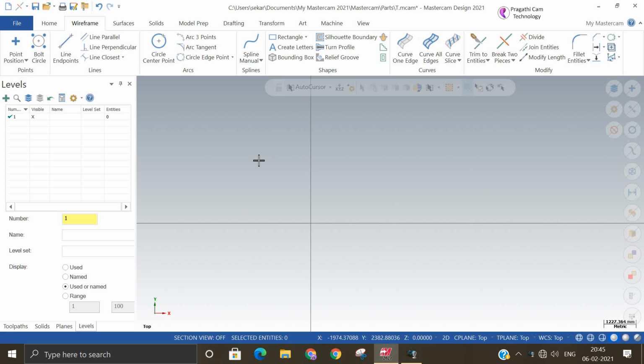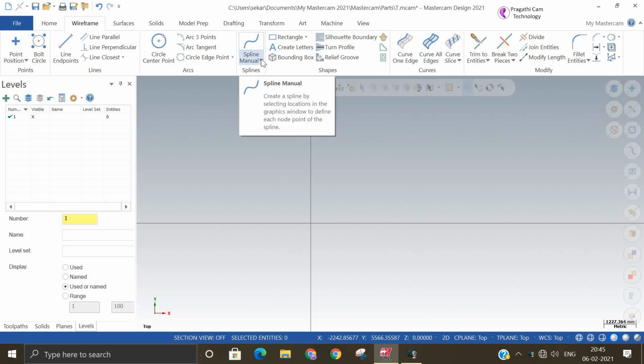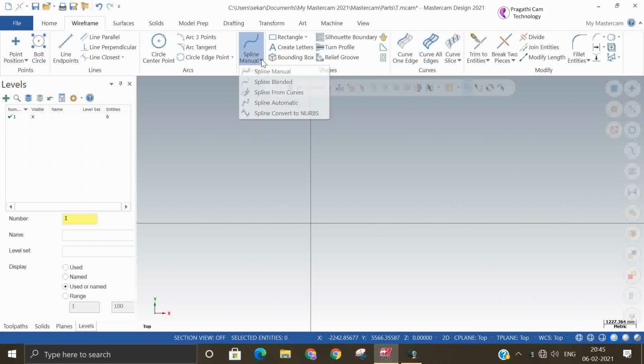Hi, now we are going to see the spline creation methods. Spline. Generally, spline is nothing but very small lines together. So the spline is made up of very small lines, or it may be called a special line or spline. Any complex curvature or complex curve can be made by the spline.